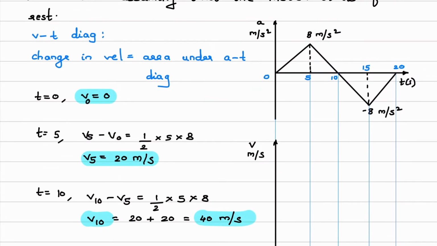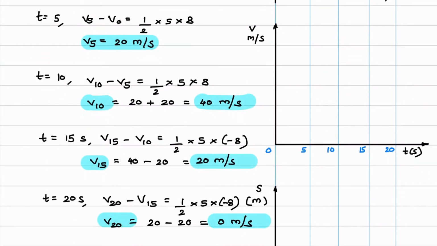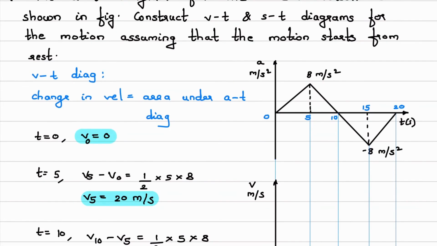Now we have to understand what will be the nature of the curve. Here you can see this part. What we have to draw is velocity. Acceleration is the slope of the v-t diagram. Here acceleration is increasing in the y direction, so the slope of the v-t diagram should increase. Acceleration is positive, so the slope should increase in the positive direction. So the curve will be like this. It will start from 0. So from 0, the curve will be like this.